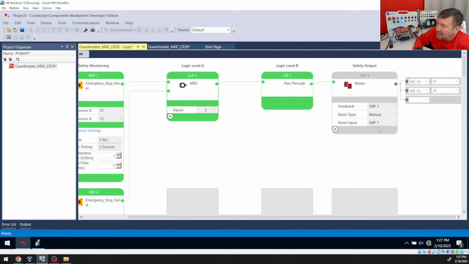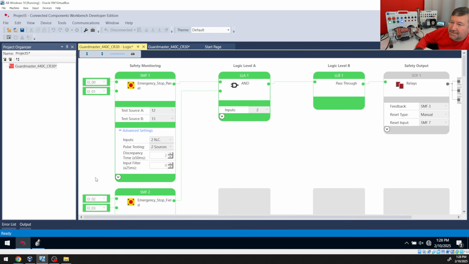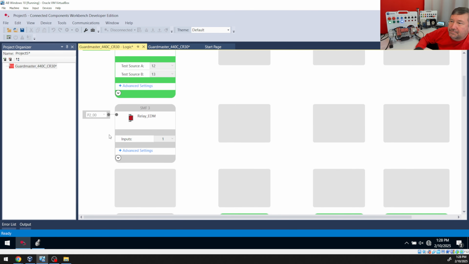And what does it look like when we have good feedback? Well, we switch this switch here. And we see now it's green and it's flashing. So the fact that it was sitting here gray, that means that we have a feedback issue. So we're looking for SMF3. Now still, I would love to be able to right click here and find it. But if we go over here on the left side and we go down, here is SMF3. And it says it's coming from